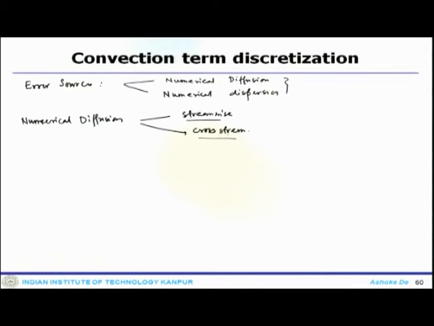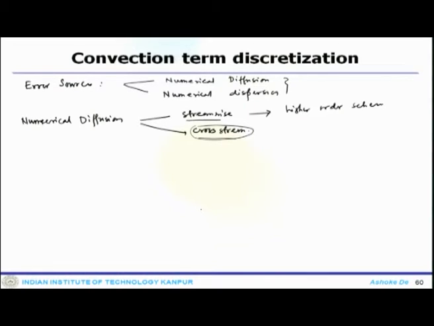This is the term which, if you recall from your previous lectures when we were talking about the diffusion equation in non-orthogonal, unstructured systems, we had some cross diffusion term, and that is essentially a correlation you can think about for the cross stream diffusion. Now, streamwise numerical diffusion can be reduced by increasing to a higher order scheme